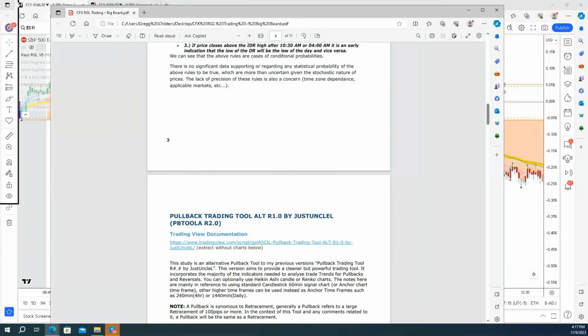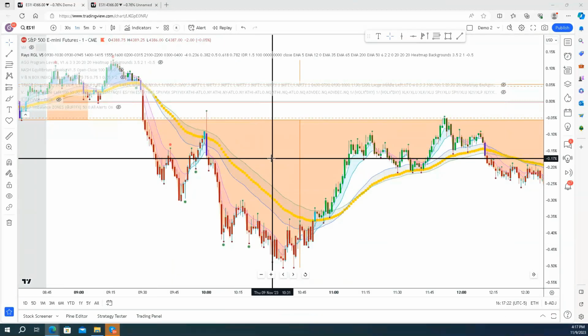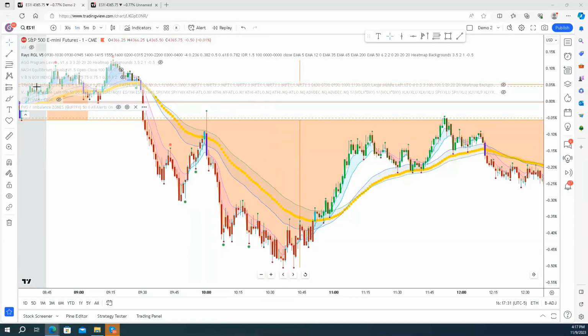So that was that. Now, the objective to most of these things is to overlay some of these indicators one over the other. Now, within this RGL indicator, there's an option called raise ag levels,